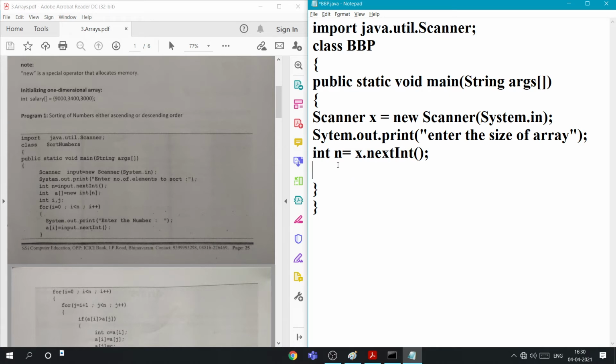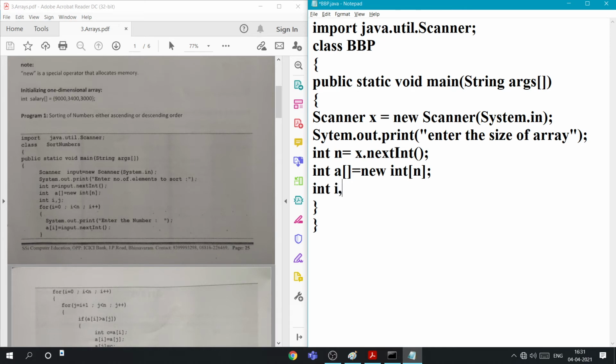Now int a is equal to new int of n. This is the second type, where in a single line we have declared the array and also initialized the size.